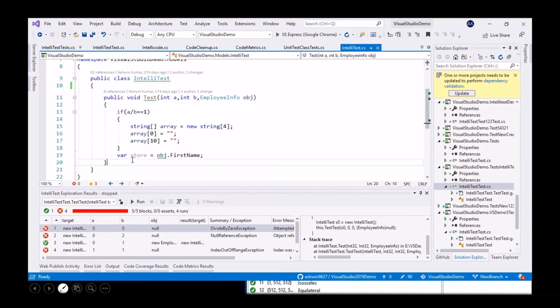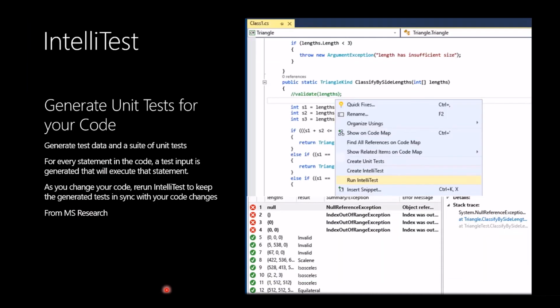That is a helpful thing in unit test and Intel test. And one more thing available is live unit testing. That will be helpful while you are debugging itself; you will come to know whether there is an exception or not. As of now, I have just given you an intro of live unit testing. We'll go back to the slide and see the other features also. So this is about Intel test, which would be really helpful if you are using it. This is only available in the Enterprise version as well.